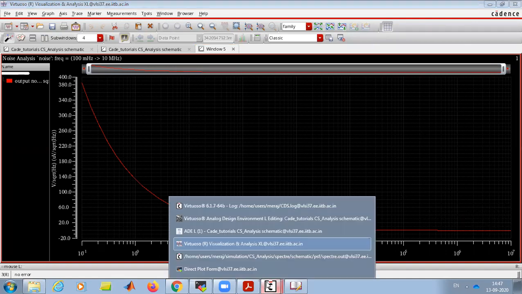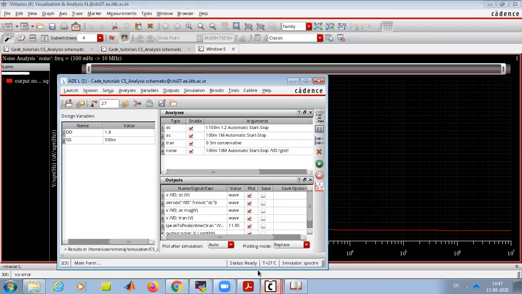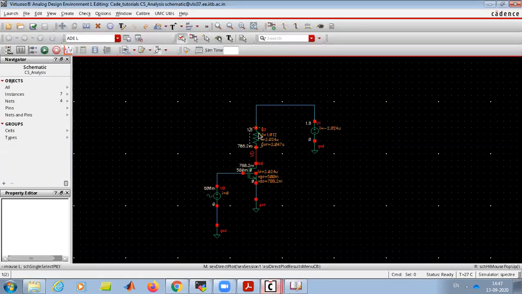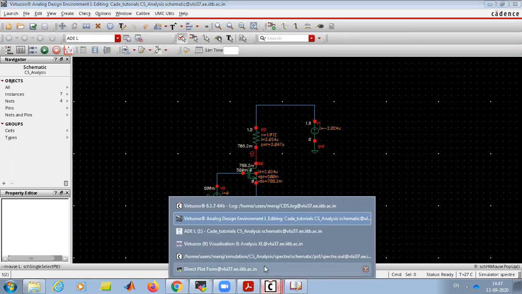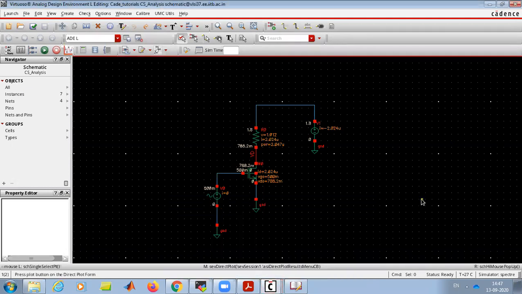Since your resistor, if you see this, resistors have only thermal noise, and for your transistor you will have both thermal and flicker. So we can exactly find out the contribution of each component, thermal and flicker. So yesterday we talked about the result browser.